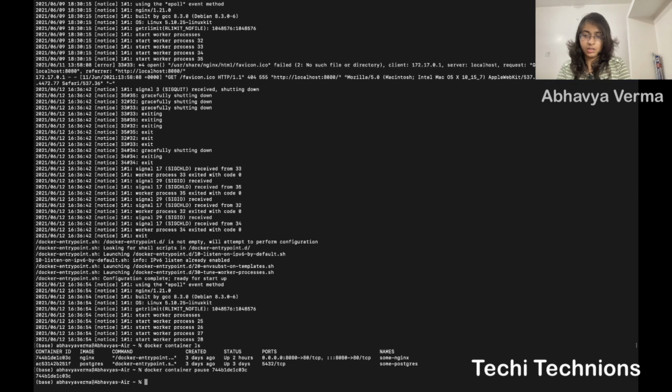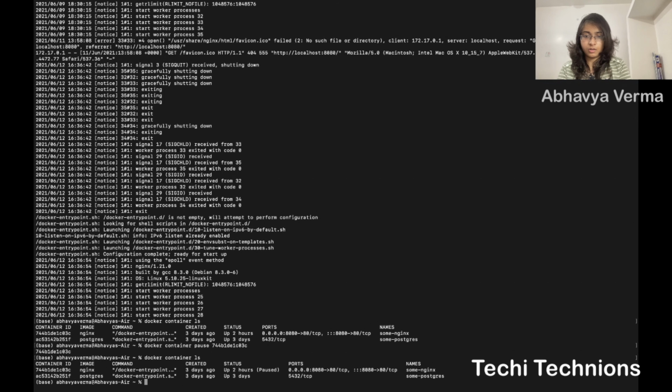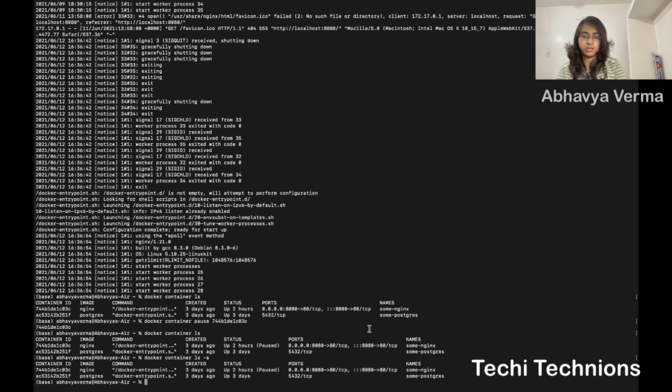Now when I do this command, you can see it has paused and it is being shown in the ls area. If I give ls -a, where all the containers are stored, whether it is paused, working, or anything, you can see it here.